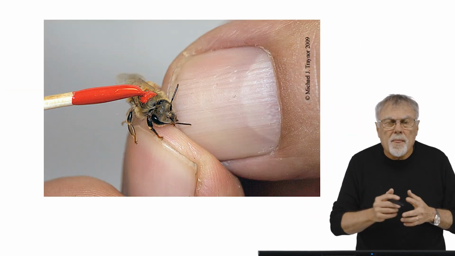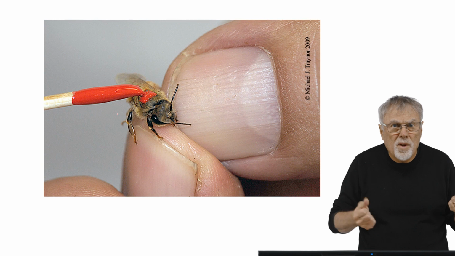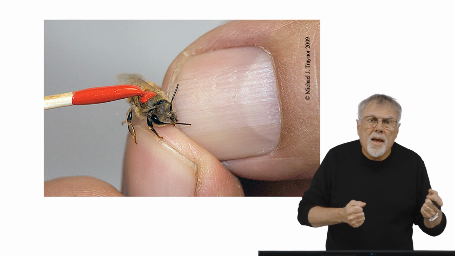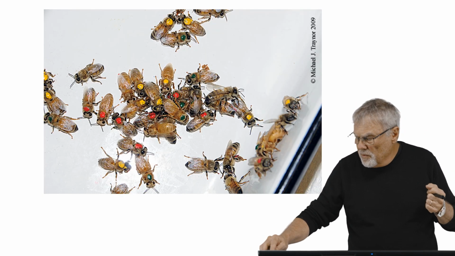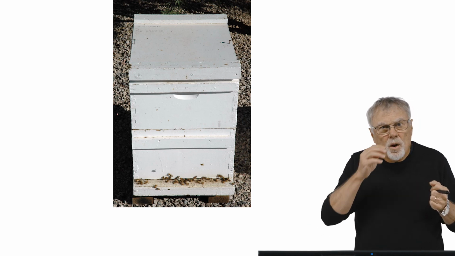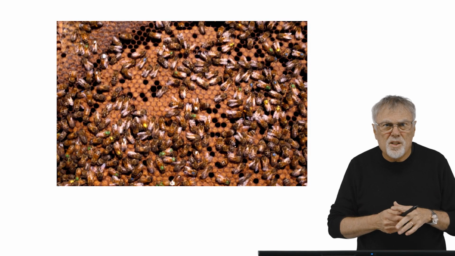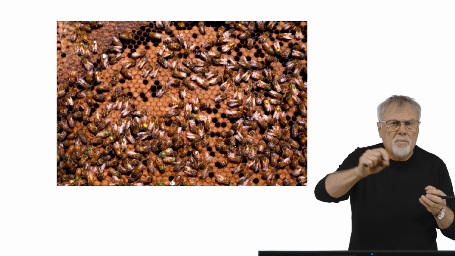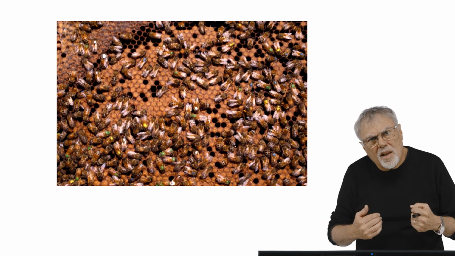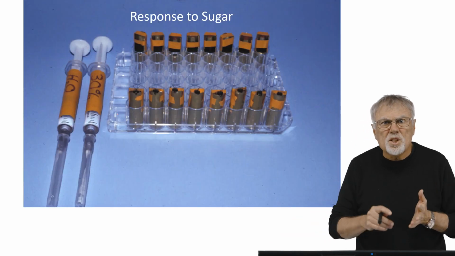So we took some newly emerged bees. These are bees that just came out of the comb. They're brand new bees, and we paint marked them. Here's a batch of them that have been paint marked. They were then placed into a hive where they aged for 4 days. And when they were 4 days old, we went out and collected the bees that had the paint marks on them. We took them into the lab and put them in these tubes